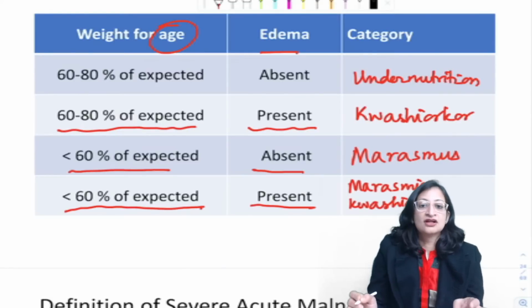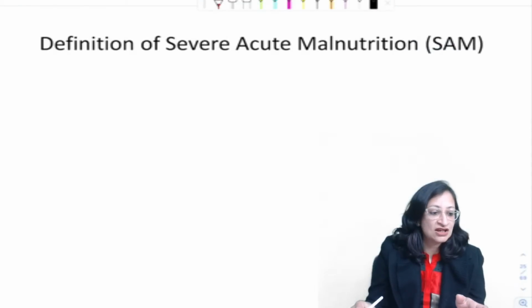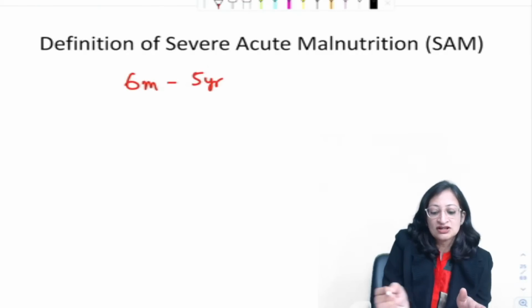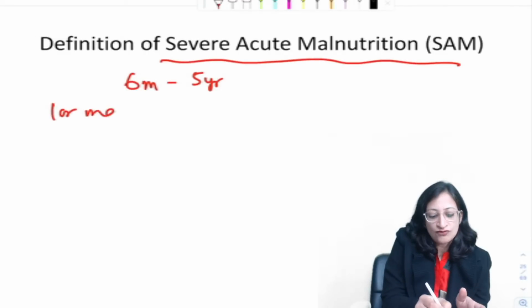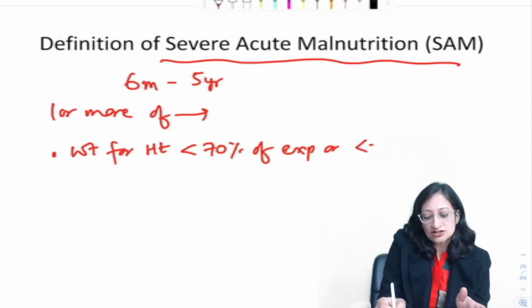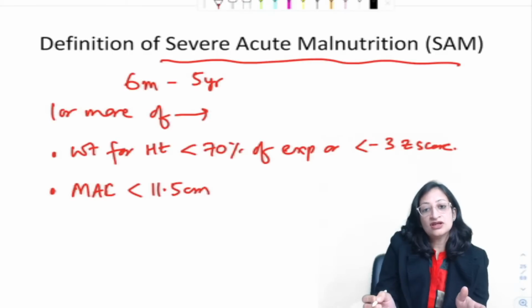Now moving ahead to another very important topic, the definition of SAM or severe acute malnutrition. So how do you define it? In a child between 6 months to 5 years of age, SAM is defined as presence of one or more of the following. Weight for height less than 70% of expected or less than -3 Z score. That is one. Mid-upper arm circumference less than 11.5 centimeters. Or